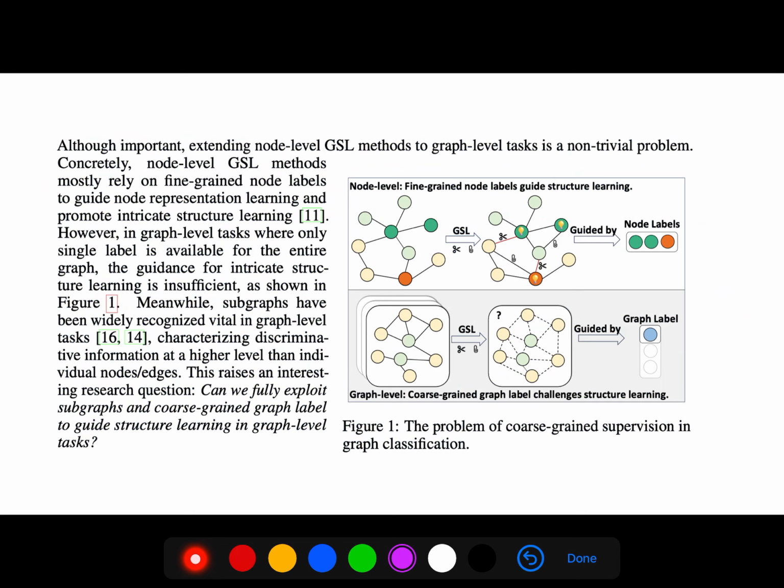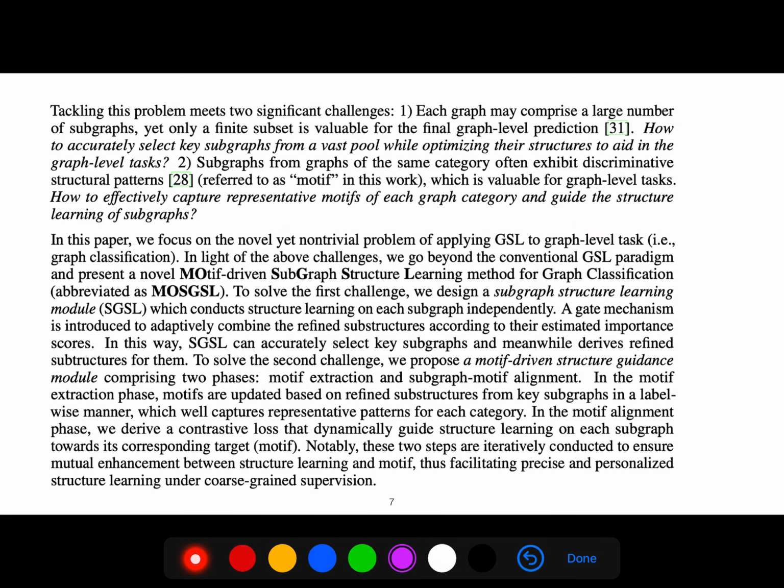So you see the problem of the coarse-grained supervision in graph classification. So for each graph, we have two challenges. Each graph may comprise a large number of subgraphs, yet only a finite subset is valuable for the final graph-level prediction. How to accurately select key subgraphs from a vast pool while optimizing their structures to aid in the